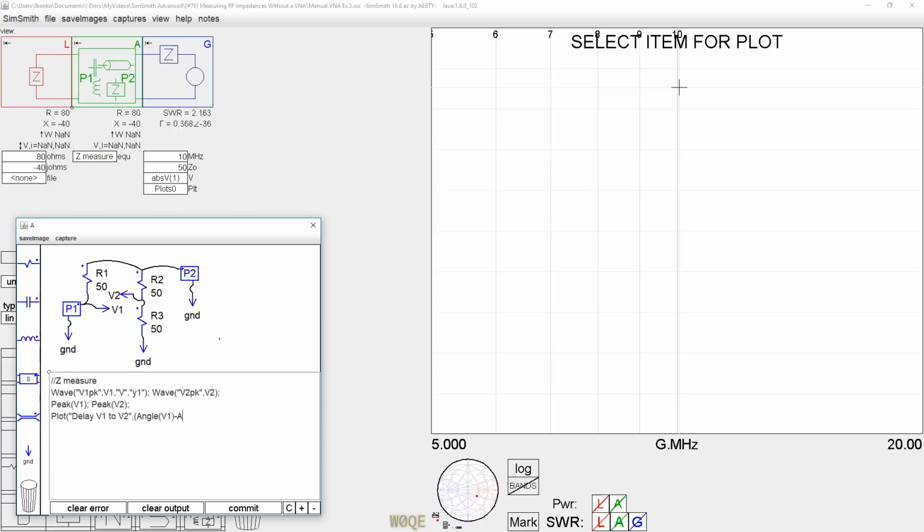Minus the angle of V2. That's the difference in angles in degrees. Now we need to convert degrees to something like nanoseconds or something else. So we divide that by,